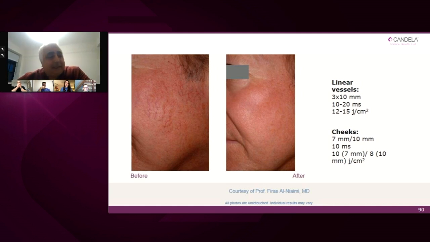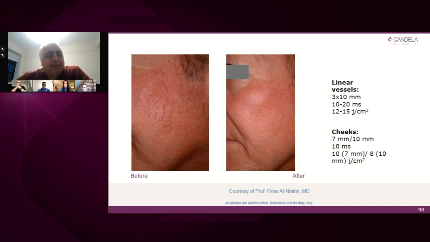So this is another classic example of something that is very common in clinical practice, where we see this diffuse redness, but we also see visible telangiectasias. And this is exactly what I'll be doing. I'll be tracing the individual vessels using the 3 by 10 millimeter spot size. And really, I have to emphasize how unique this spot size is, the linear elliptical spot size, where you can literally trace all the individual vessels. You make sure that you have treated the vessels, and then I move over to the round spot size.